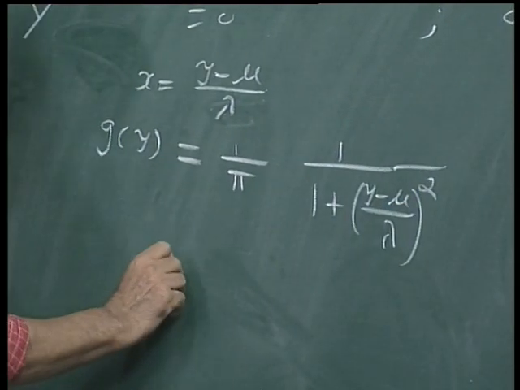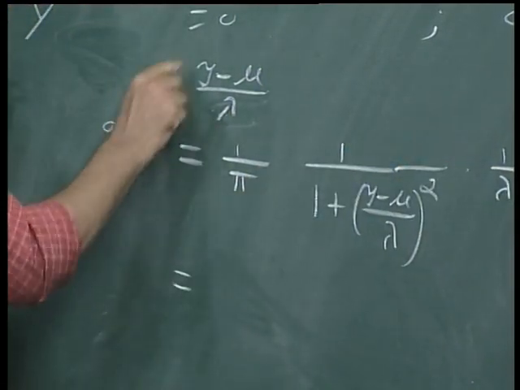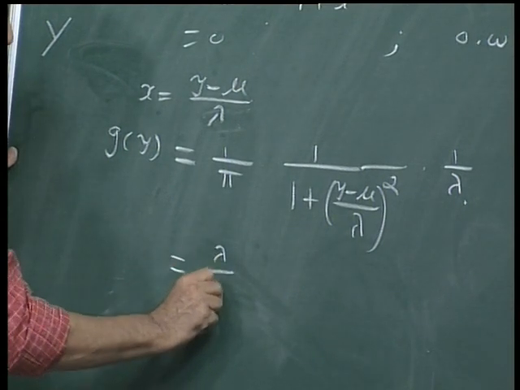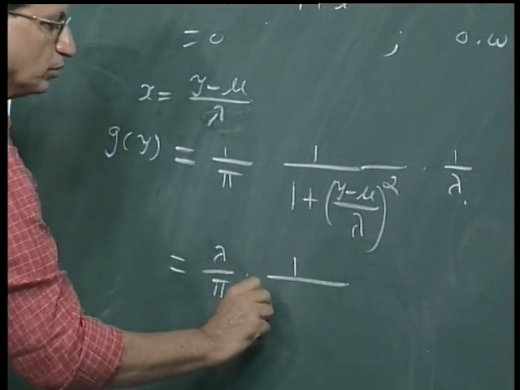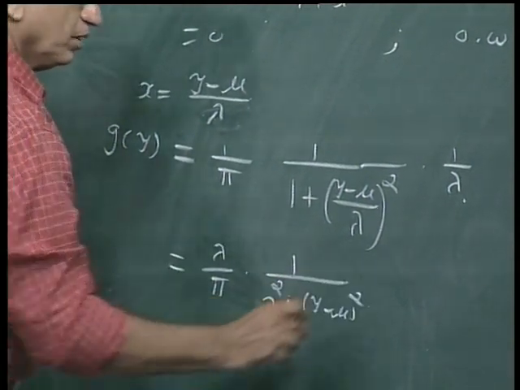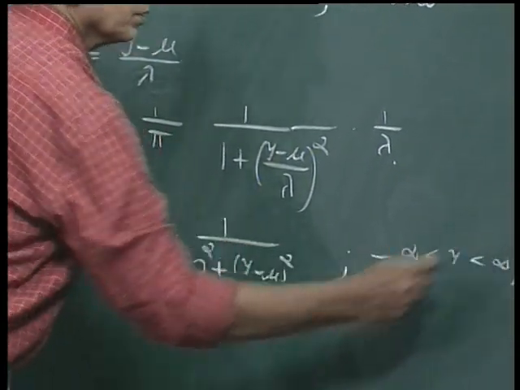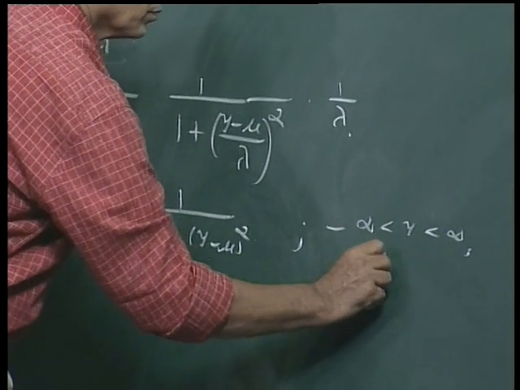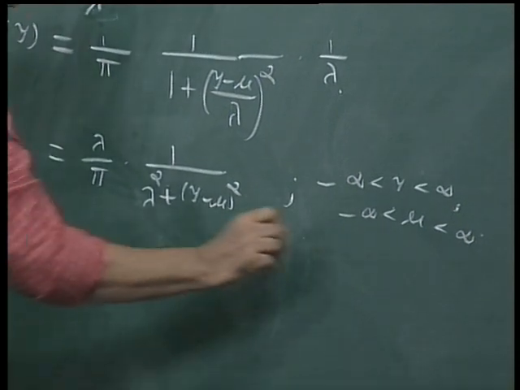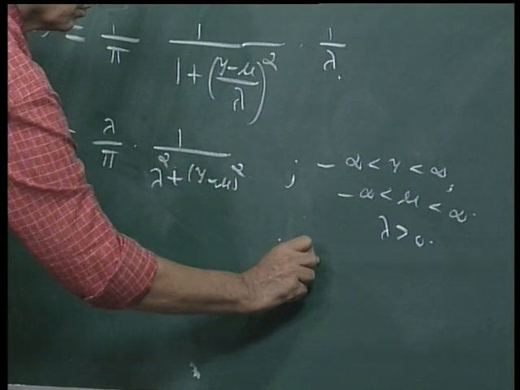And if we simplify this with the Jacobian, that is 1 upon lambda, dx is equal to 1 upon lambda dy. So this is equal to lambda upon pi into 1 upon lambda square plus (y minus mu) square, where y is from minus infinity to infinity, mu is also from minus infinity to infinity,